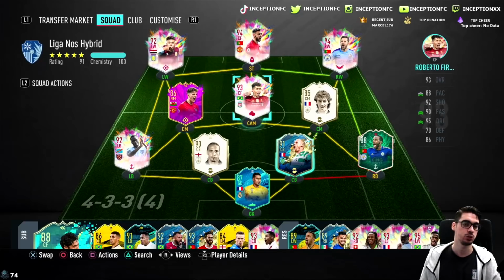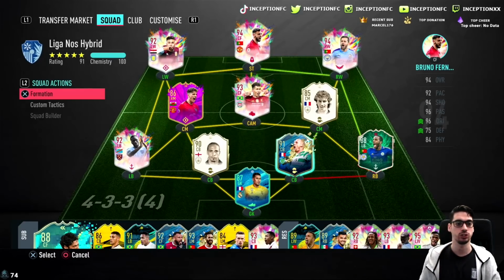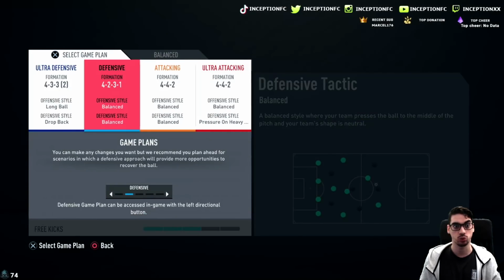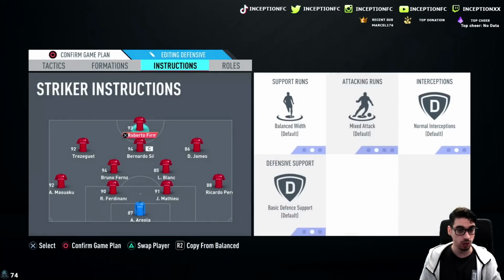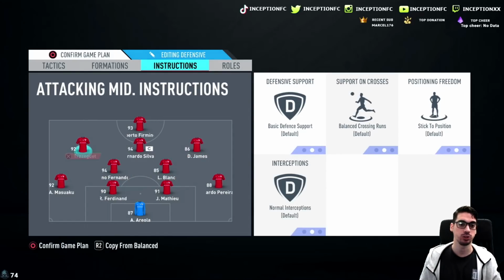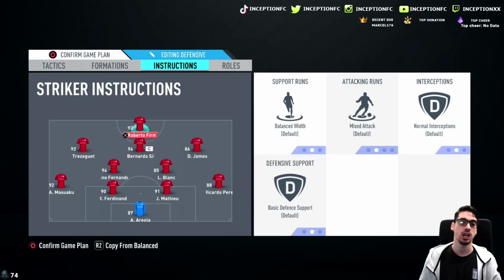So don't worry about the chemistry in this team. We are doing the objective for Daniel James at the exact same time. So I'm going to be using Masuaku as normal, right? Have him on stay back while attacking first. And then as the game progresses, if I want to try him out in different ways, I will be rotating